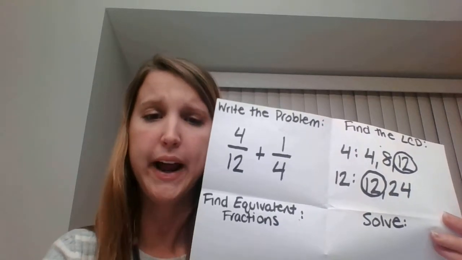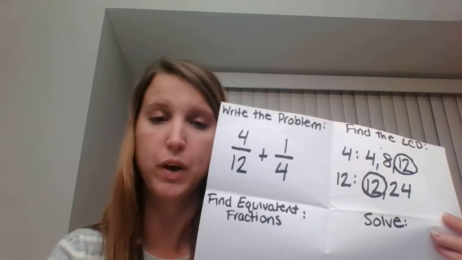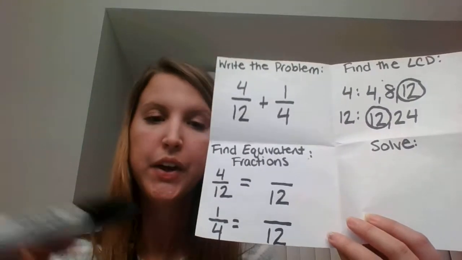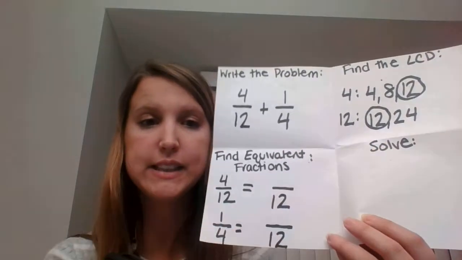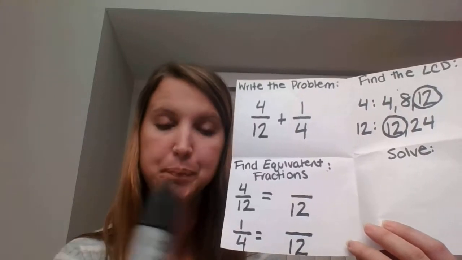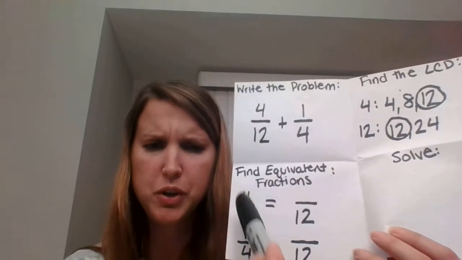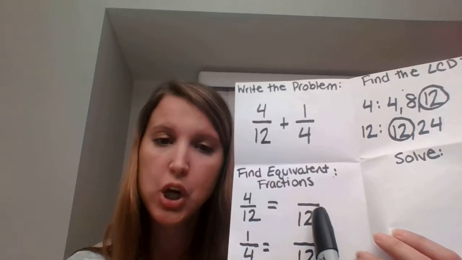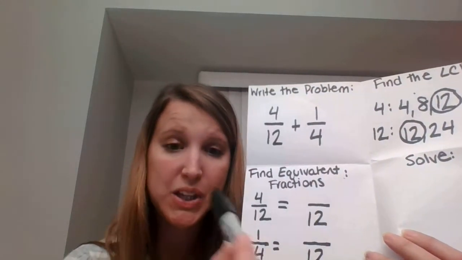And now we're going to go ahead and stack our fractions, 4/12 and 1/4, and we're going to make them equivalent to fractions that have a denominator of 12. All right, so now it should look something like this. I used 12 because that was my least common multiple, which for this process becomes my least common denominator. So I'm looking at my first one, 4/12 equals how many 12s? Well, notice that the denominator is the same. So 12